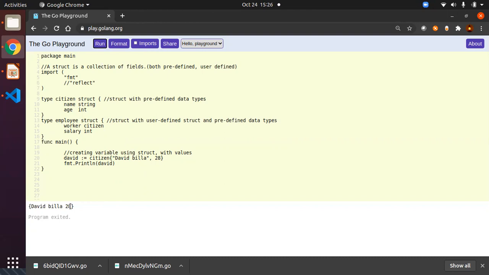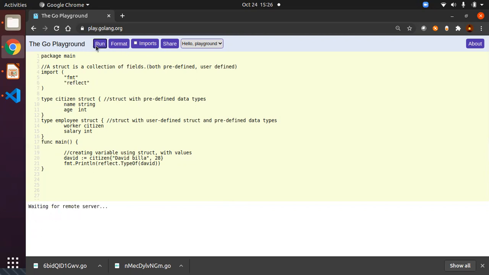Here you go. You got the struct of the citizen type. And you can use the reflect module to see the type of a particular thing. Even if you want to see, let's say, reflect dot type of David, we need to enable the import statement because we had disabled it before, which caused the error.